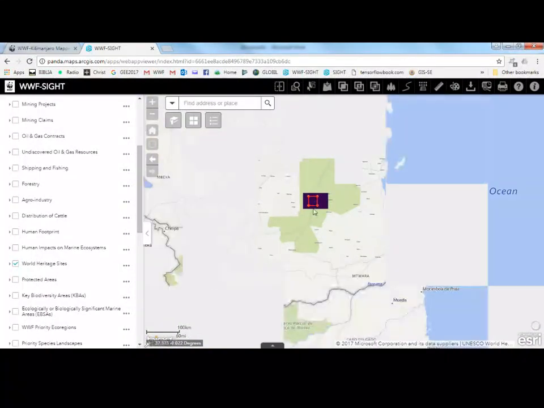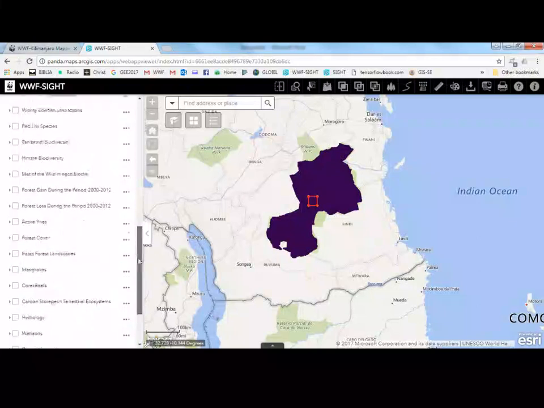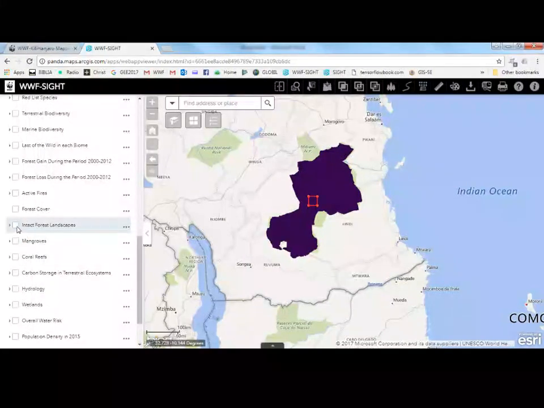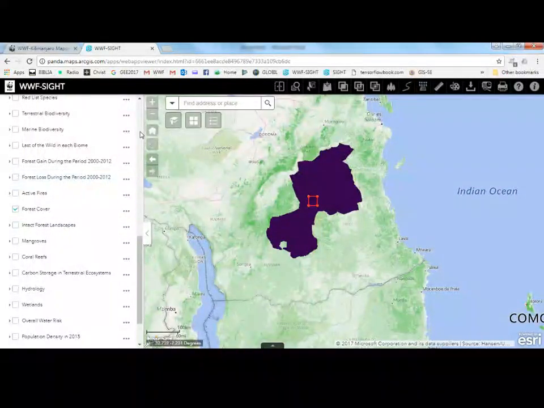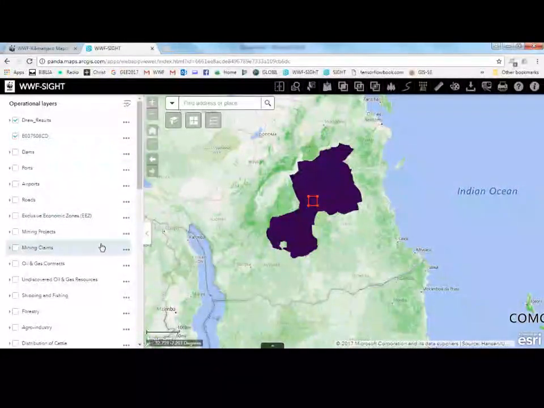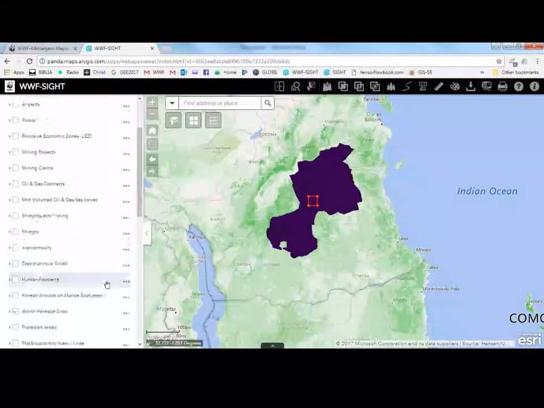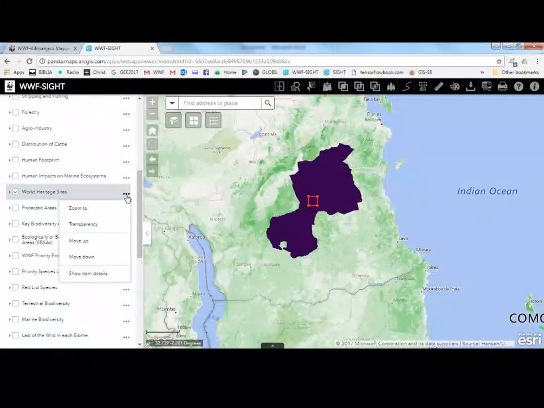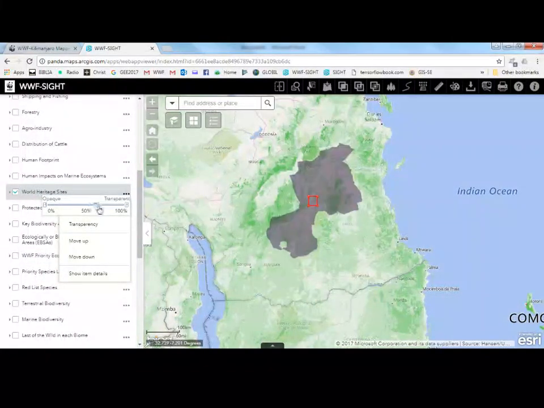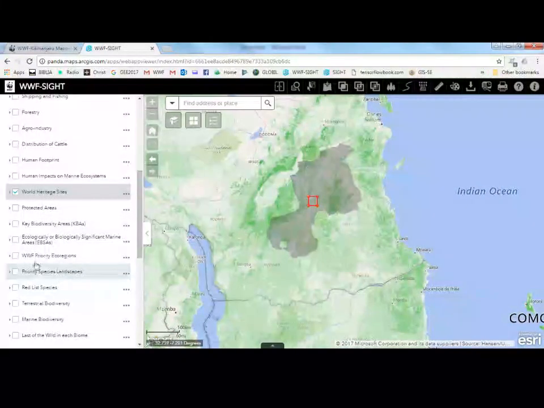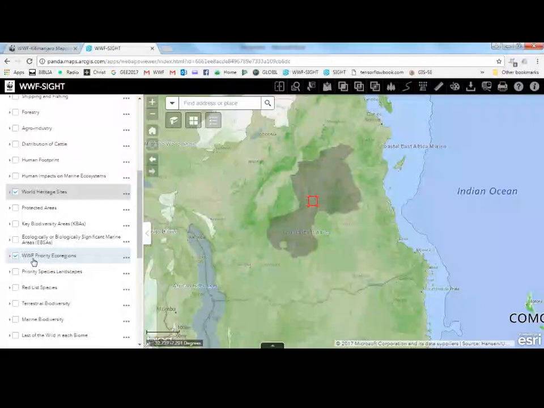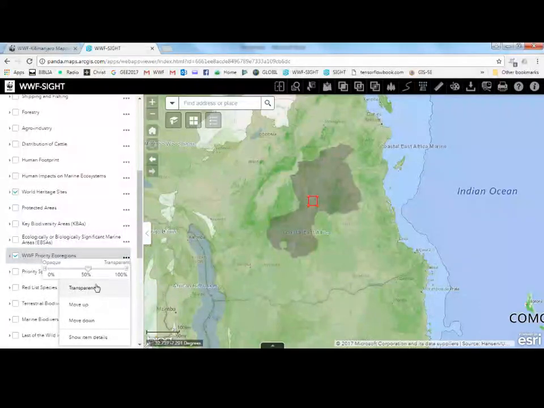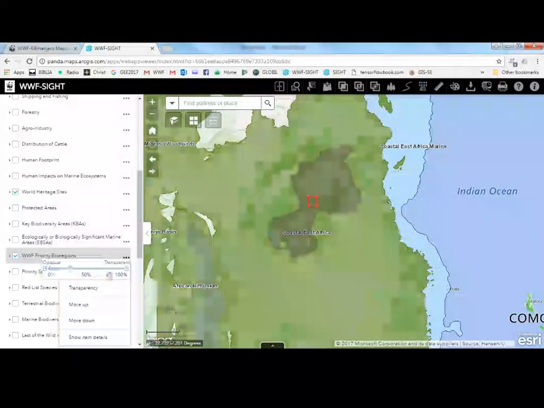So this is within the protected area. There are layers specifically. For example, when you go to forest cover, let's look at forest cover and try to see what I can do so that I can see whether the forest cover is going into the protected area or the heritage site. Then change the transparency. Here you can manipulate the transparency. You can see the forest cover from the transparency, but also I can put, for example, WWF priority ecoregions. Also, the transparency you can change a little. You can see the ecoregions.